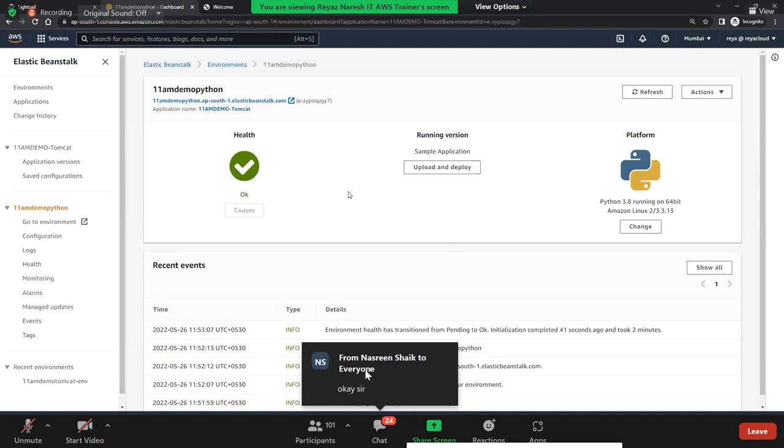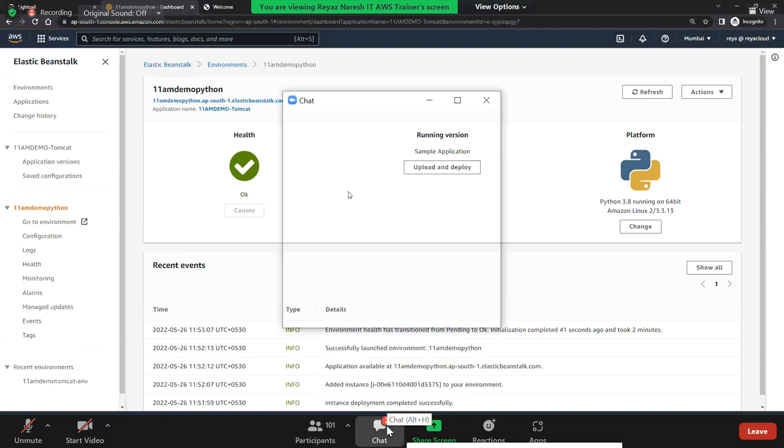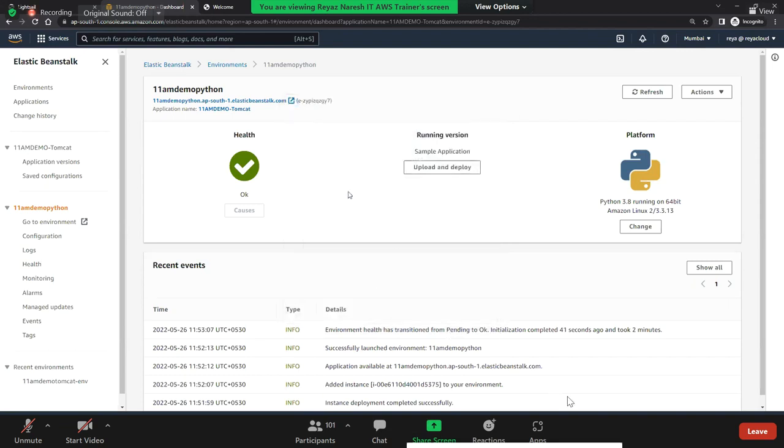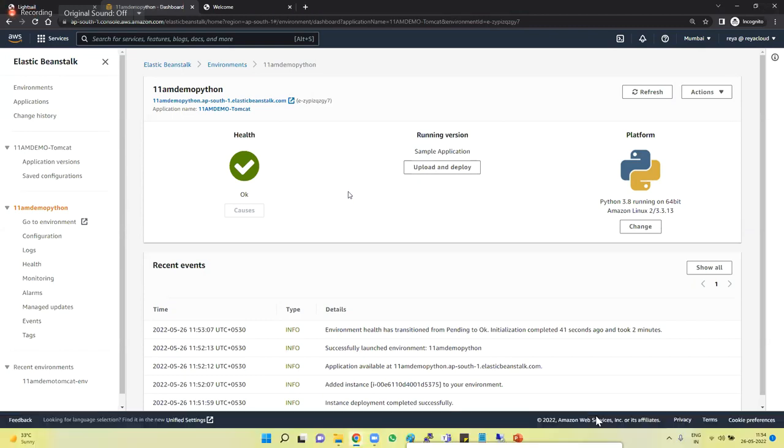We should learn Python. Yes, I told you one scripting language is always good. But I'm telling you guys, anyone, if you know AWS, and if you learn DevOps, and if you know Python, forget about everything else. If you really know Python and can do a job in Python, I'm ready to give the job to you, because in my team